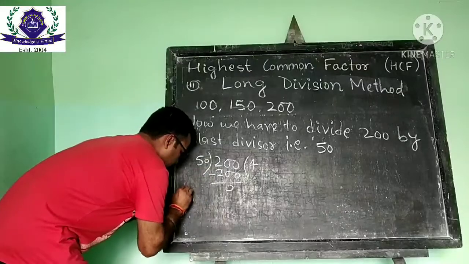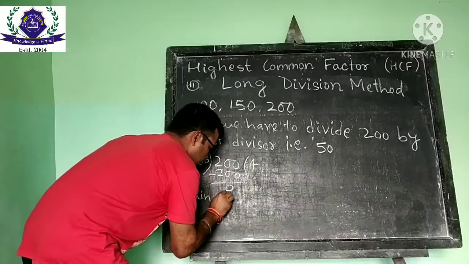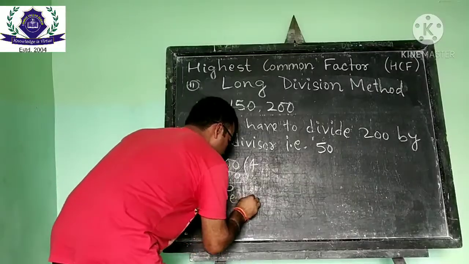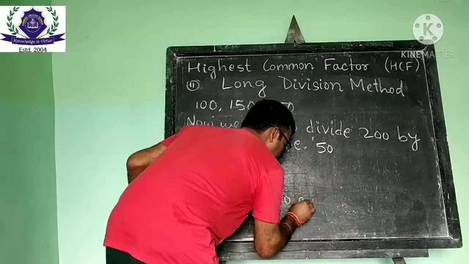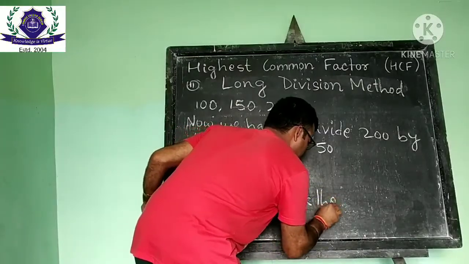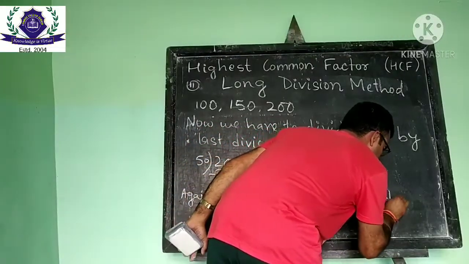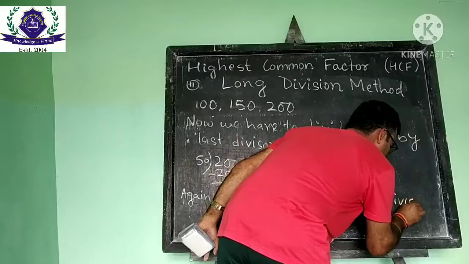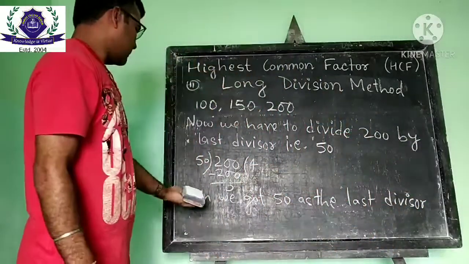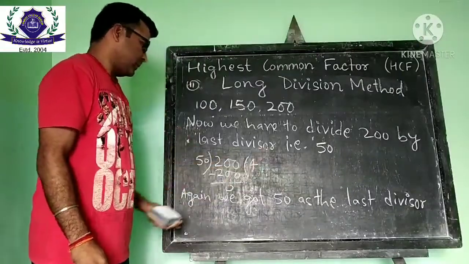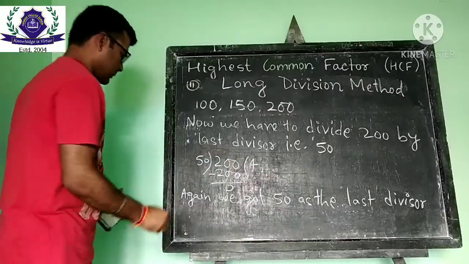Again we got 50 as the last divisor. You can write here, the last divisor is 50. So again we got 50 as the last divisor, therefore